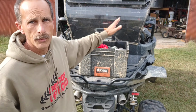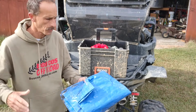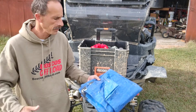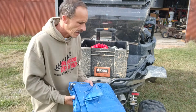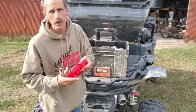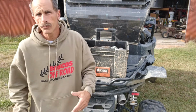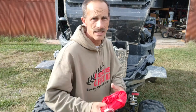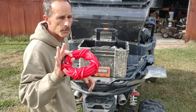As you see, we have a roof on this, we have a back windshield and a front windshield, but we don't have side windshields or side glass, doors, whatever. So if we need this tarp to drape over or something, we have the tarp. We also have some spare winch rope. That way, if something happens to our winch, or we don't get enough reach, we'll be able to use this. This is rated for, if I remember correctly, 6,000 or 8,000 pounds. 8,000